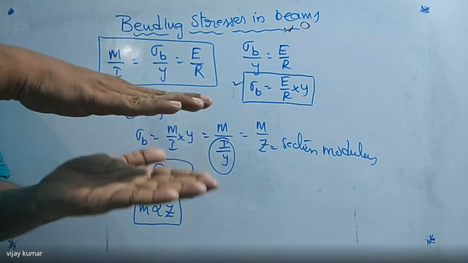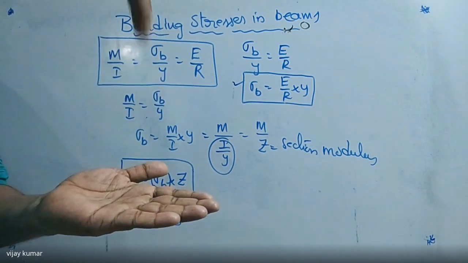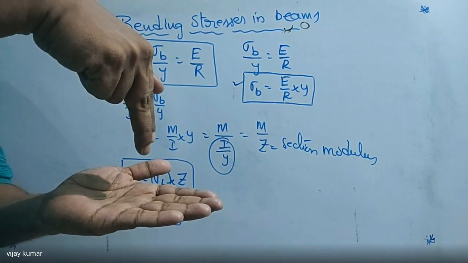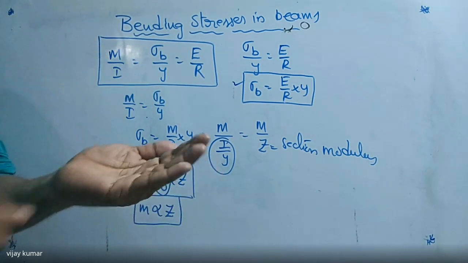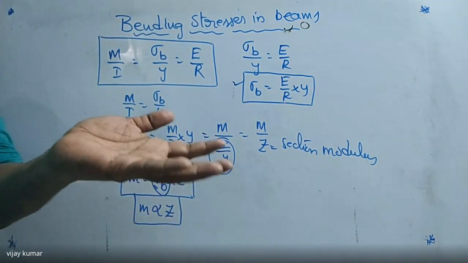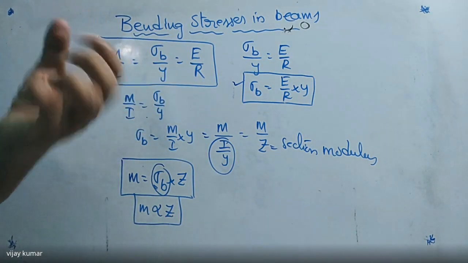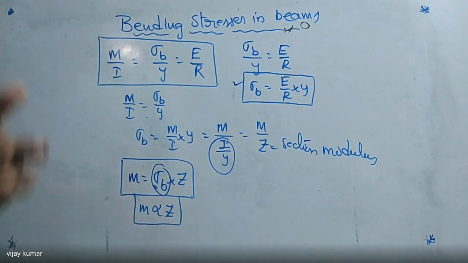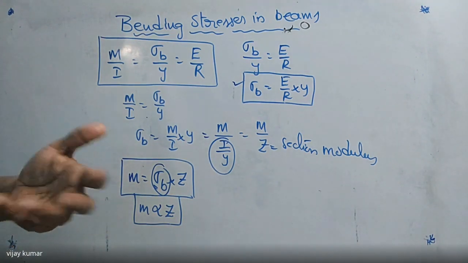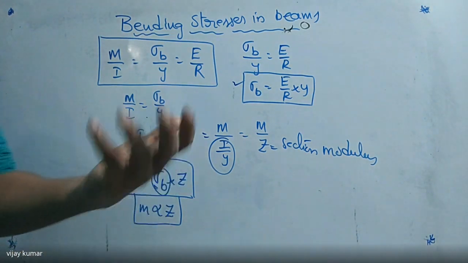When the beam thickness increases, if you apply the same load, then what happens? The bending of this beam goes on reducing. Did you get my point or not? So the strength will also increase. That means the resisting force also goes on increasing for this beam. Did you get my point or not?